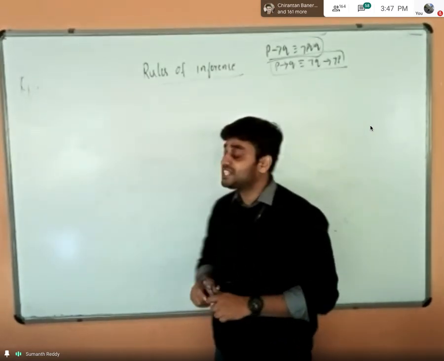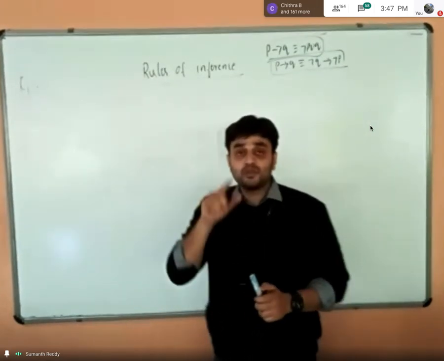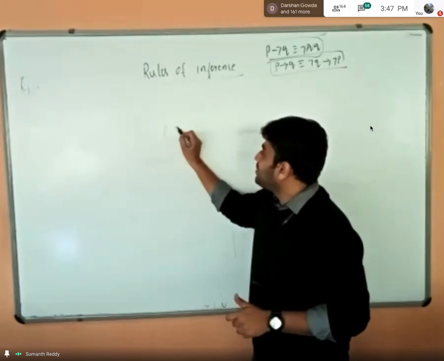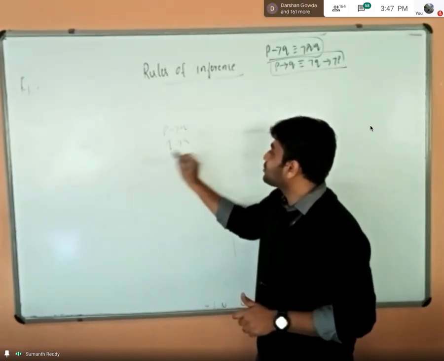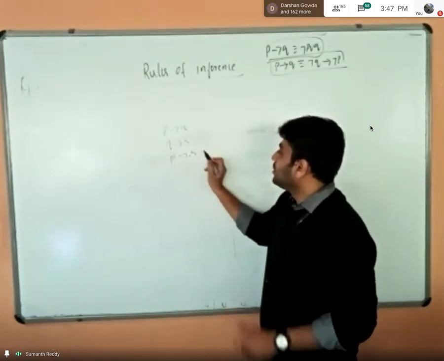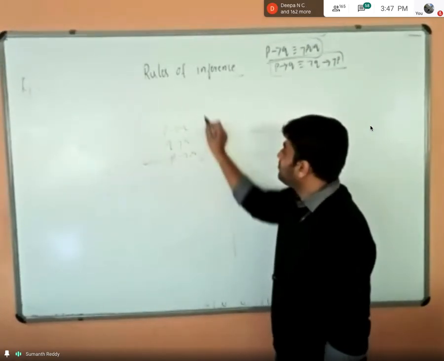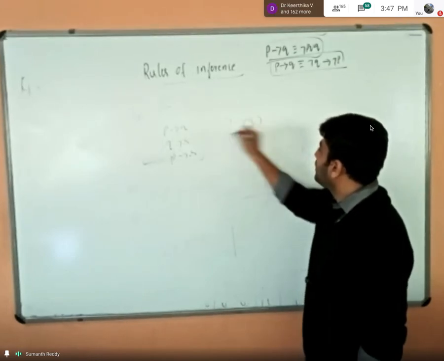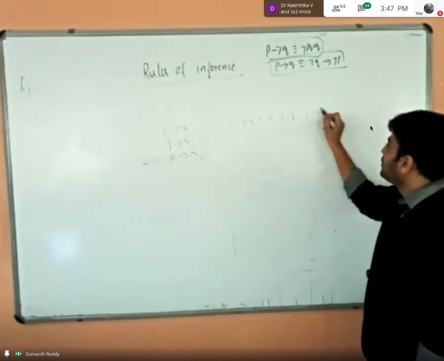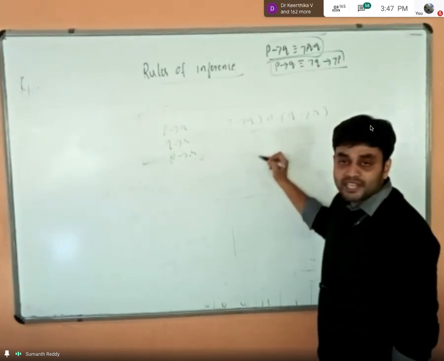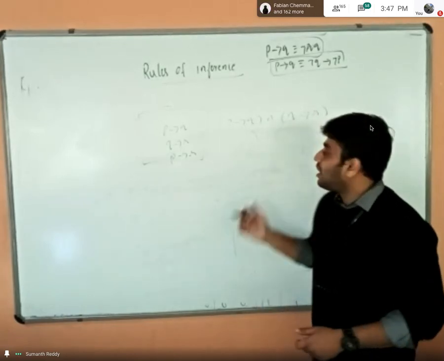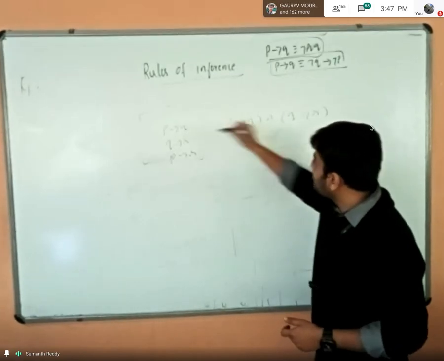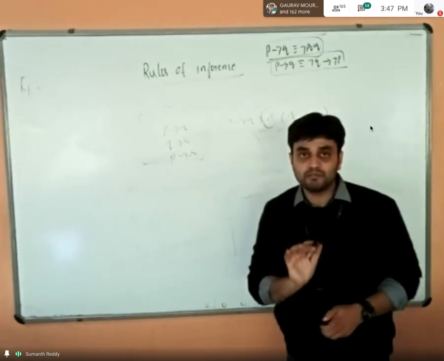But each and every premise, when you are reading, you have to separate with conjunction. For example, if I tell P implies Q is true, Q implies R is true, and P implies R is true, when you have to prove this kind of problem, you just read it this way: P implies Q is true, ampersand, Q implies R is true. Next, you simplify this using the laws of logic, and then you can solve. So you have to separate each and every premise with conjunction. That is very important, right?